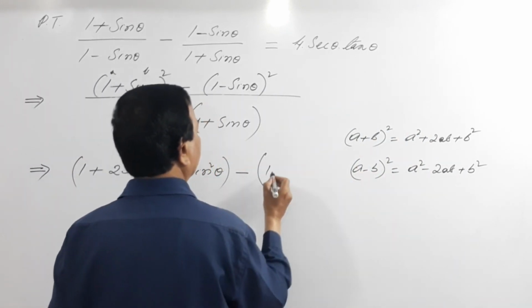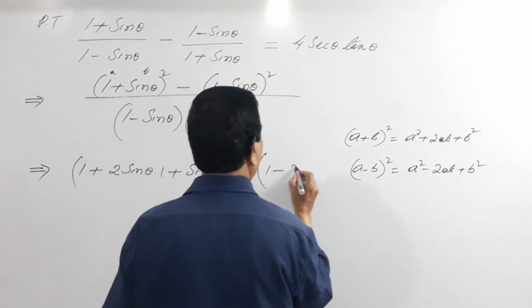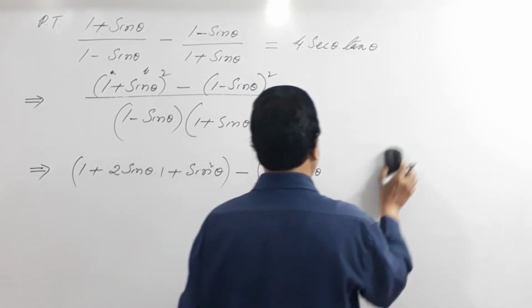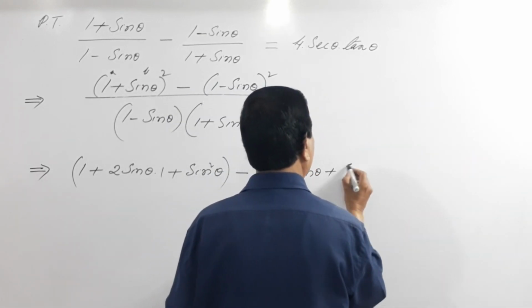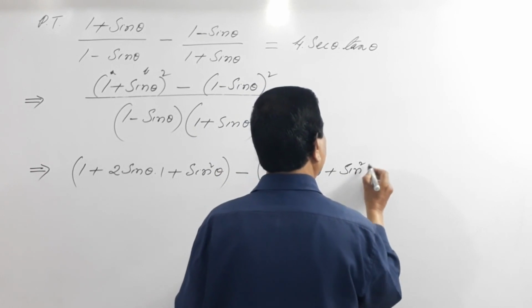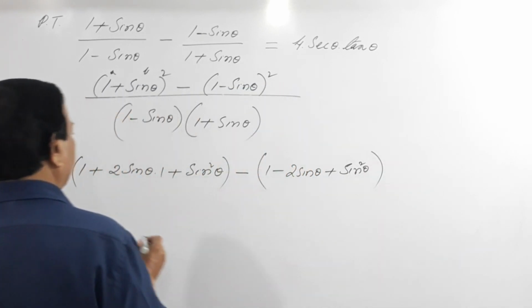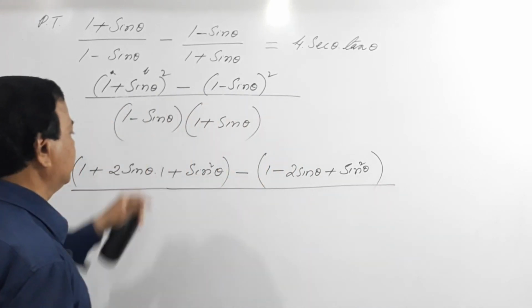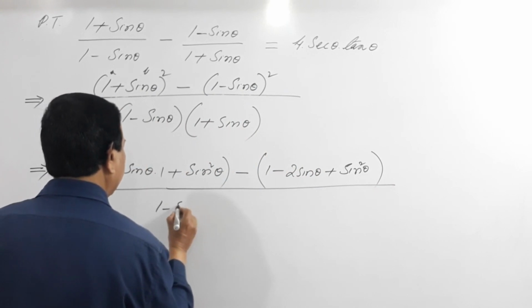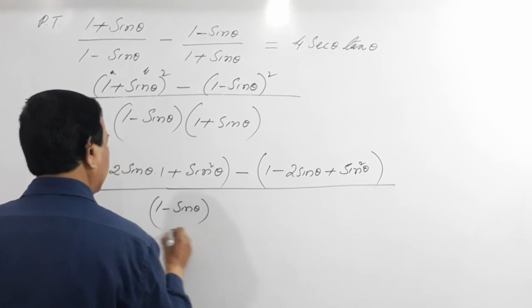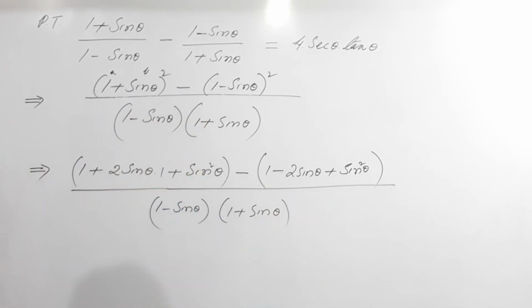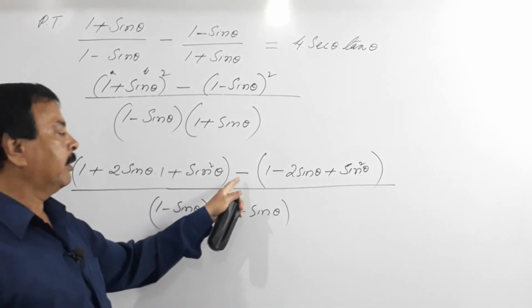1 square is 1 minus 2 sin theta plus b square, that is sin square theta, divided by what is this? 1 minus sin theta into 1 plus sin theta. So now we will try to remove the brackets, because if you don't put these brackets